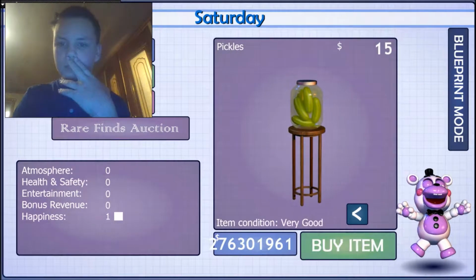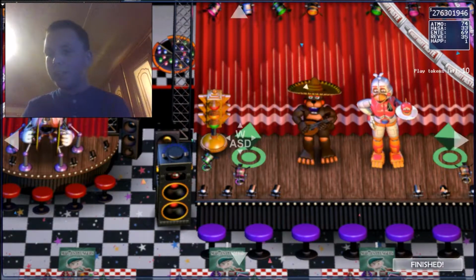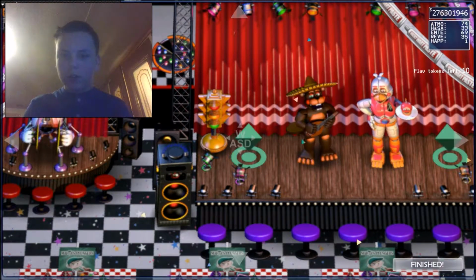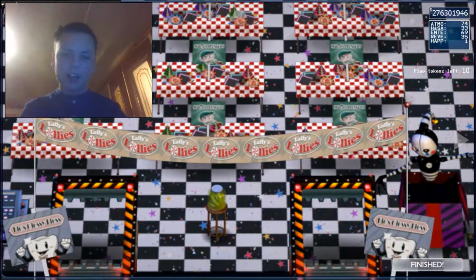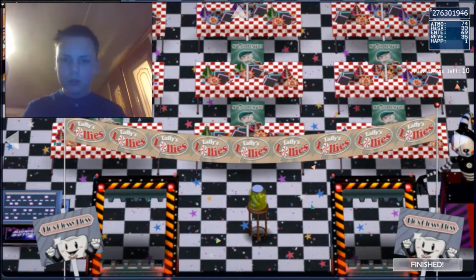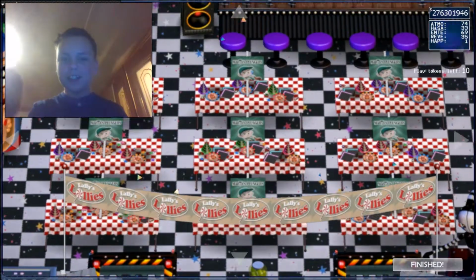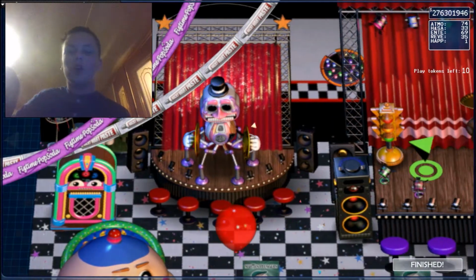Yes! Pickles. I have 1 happiness. My happiness is 1. Now where are all the pickles? Ah, right at the entrance. Bask in the glory of the pickles. I wanna know why he made those so hard to get. Like, you need to buy everything and get all the achievements. So